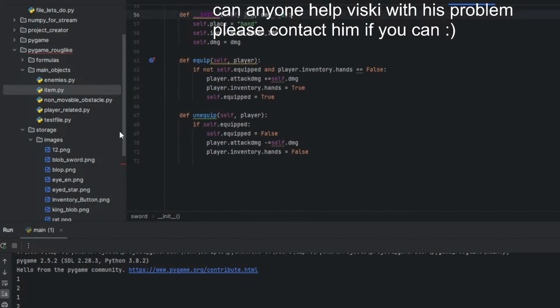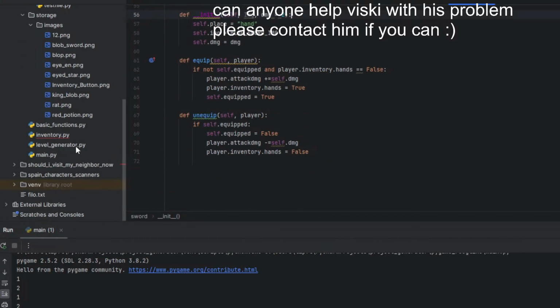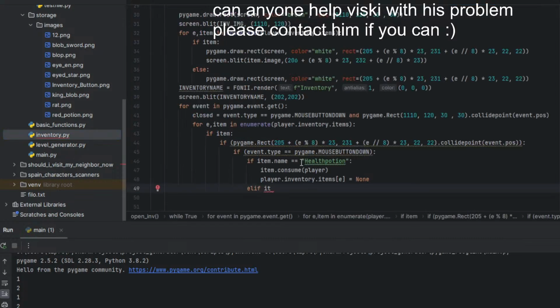No, where was it? Here. Item.use equals consume, elif. No. And if item.use equals, I don't know, maybe.